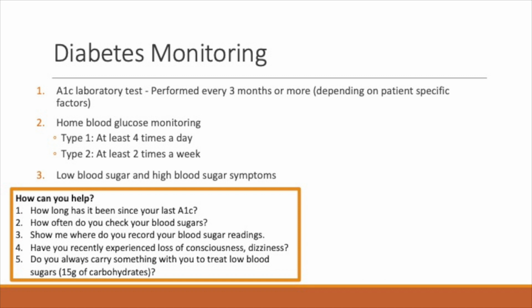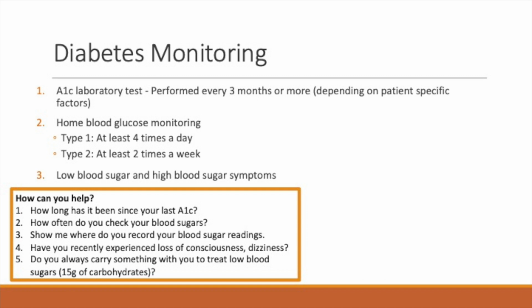So, diabetes monitoring. A1C is a lab test that people with diabetes have every 3 months to measure how well controlled their diabetes is. Once diabetes is controlled, a doctor can choose to check the A1C every 6 months or so. Blood glucose monitoring is very important to help guide management of diabetes and understand if the disease state is